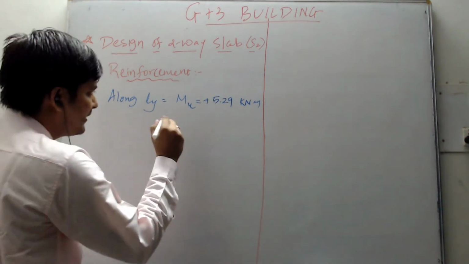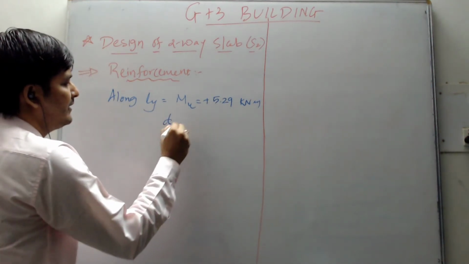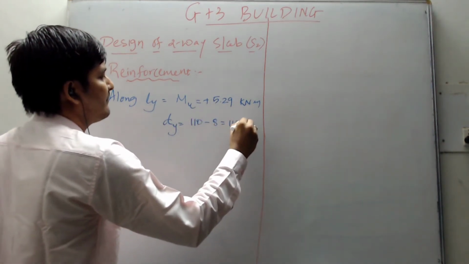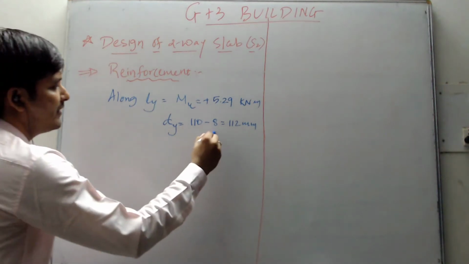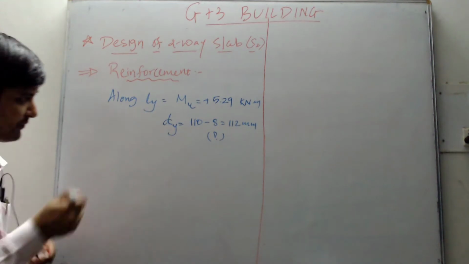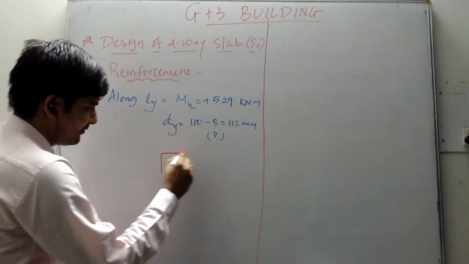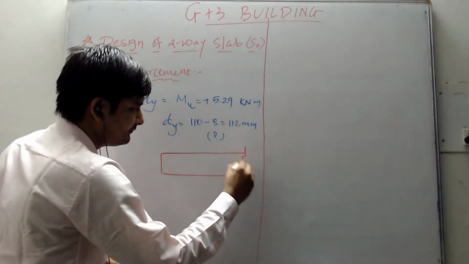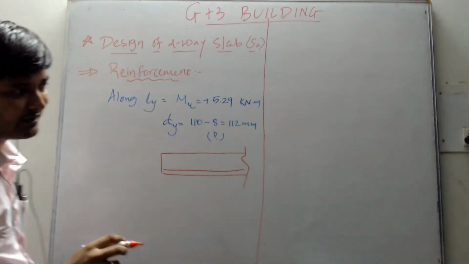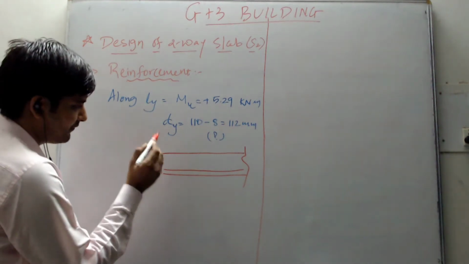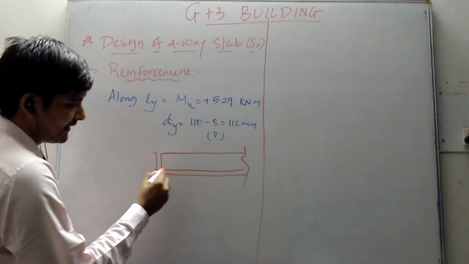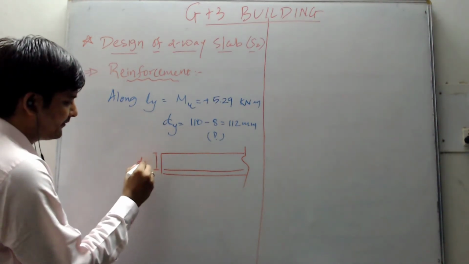So here now there is a trick, right? dy is 110 minus 8 is equal to 102 mm. Why are we doing this, why is this required? Let us understand this. In the previous case, I explained using this section that we are providing a steel bar like this, right? For the shorter direction, this was the dx up to the center of the bottom bar, so this is dx. Now when we go for dy